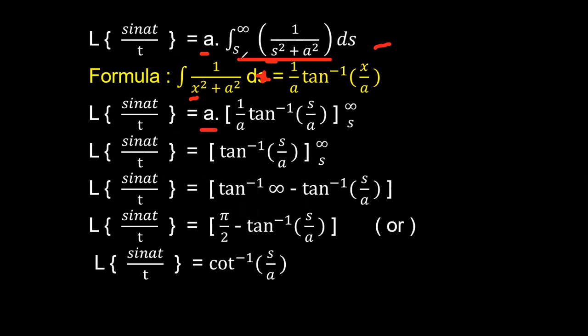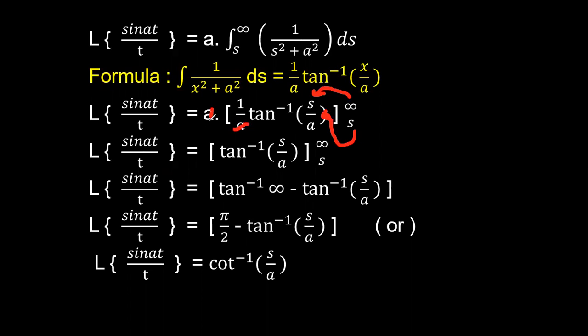Here the limits vary from s tends to infinity. So here we don't have the limits in the general integration value. But the integral values given here change from s to infinity. So substitute those limits here. The lower limit is s and the upper limit is infinity. So apply the upper limit in this s, and next also apply the lower limit in this s function.